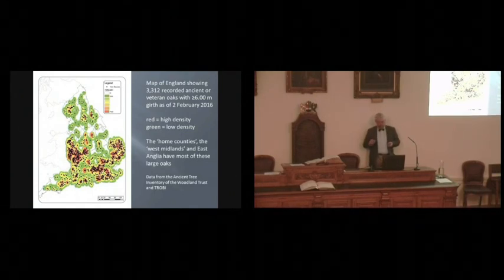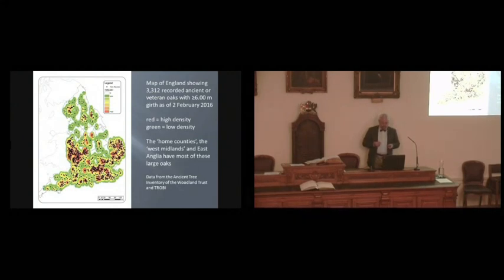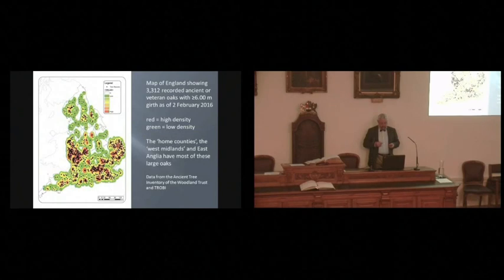So what you're looking at is the color green to red via yellow means an increase in numbers. So the red areas have large numbers of these oaks, but can only be shown with a few dots in where they actually occur. And it will be obvious that they are not evenly distributed. For a start, most of them seem to be in the southern half of England. And then looking there, you will see that